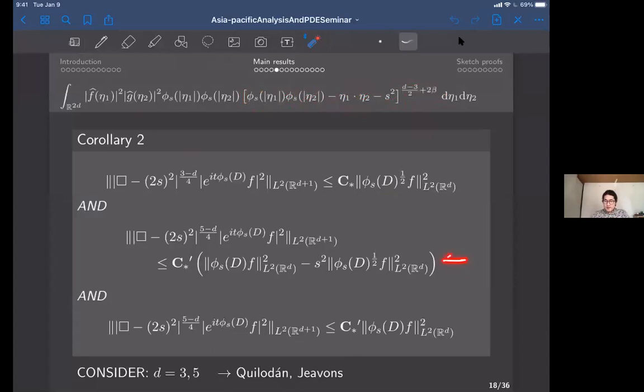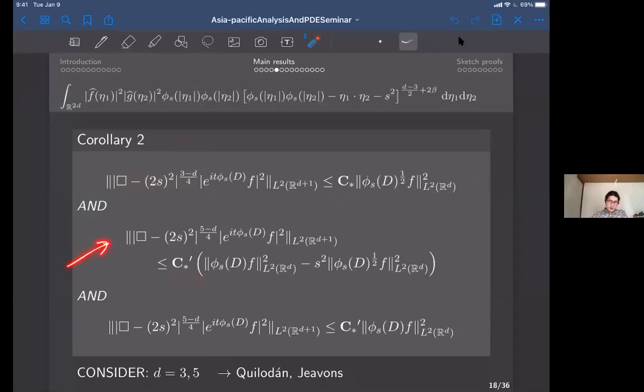Then this can be further estimated if you ignore this last term because it's obviously positive, then you get this last one. And moreover, if you look at the very special case when D is 3 for the first one, then that kills this null form so that you have the sharp, by the way, these constants are sharp. So we have a sharp Strichartz estimate, standard form Strichartz estimate.